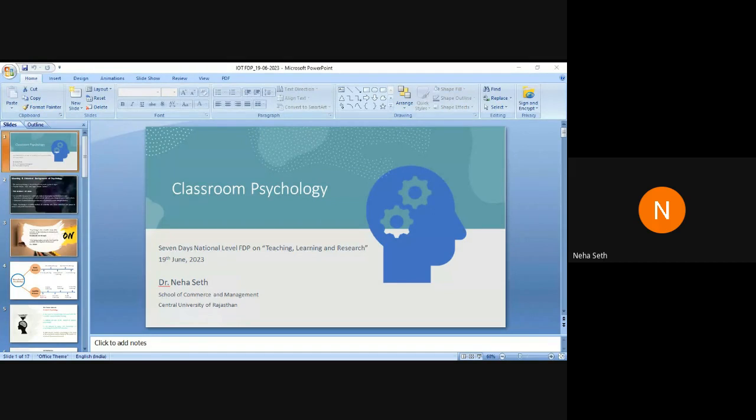These are the famous definitions given by famous psychologists. One was given by Woodworth and Marquis, who said that psychology is the scientific study of activities of the individual in relation to his or her environment. So according to Woodworth and Marquis, individual behavior is related to the environment we are in. If the environment is good, we tend to behave nicely, properly, or positively. It also happens when the environment is not in our favor.